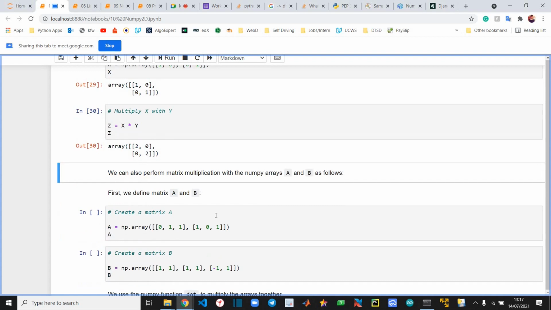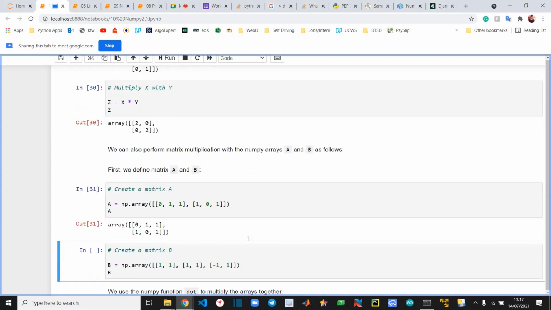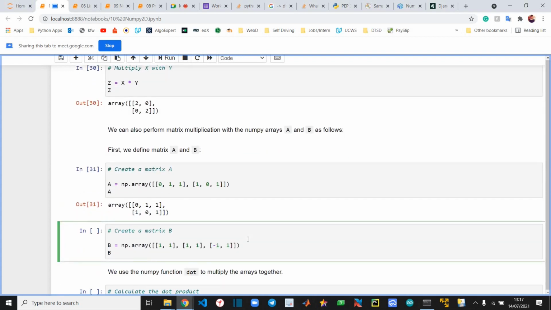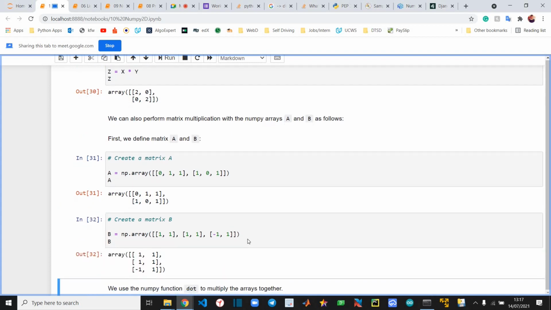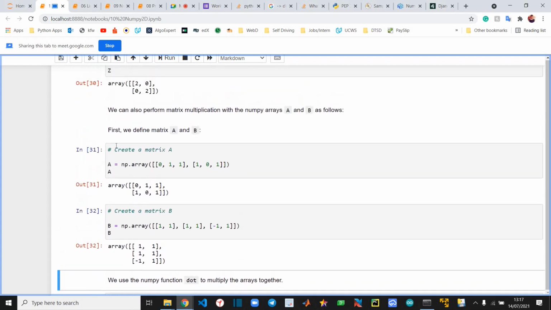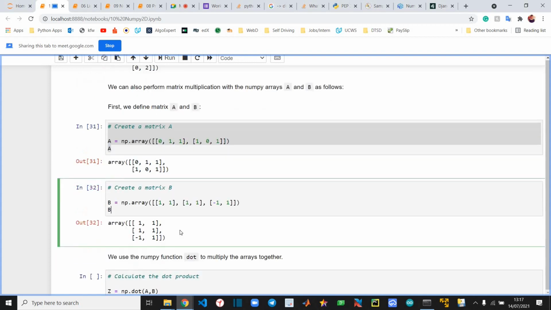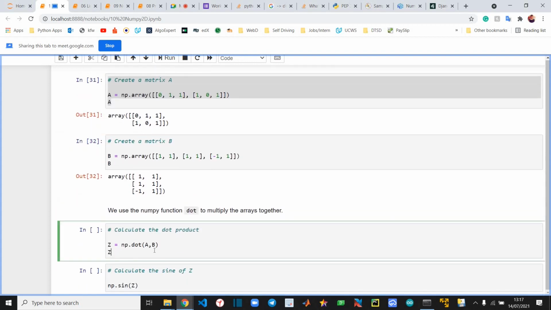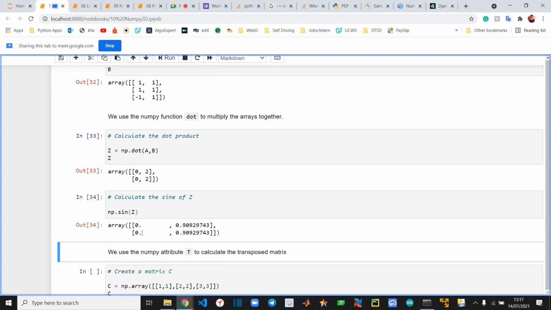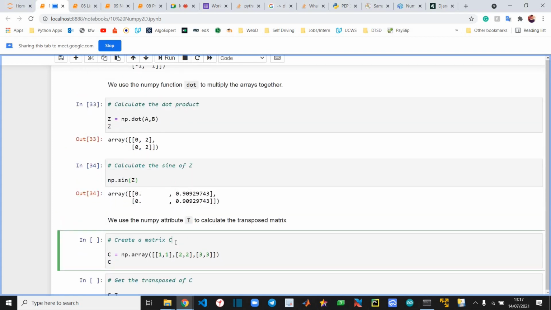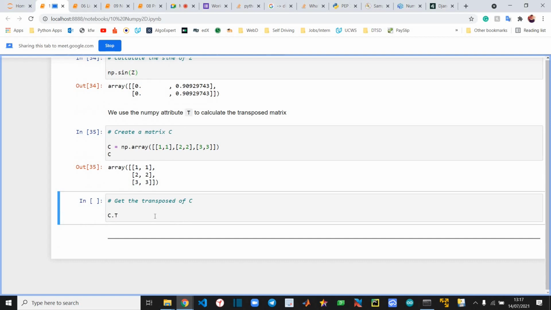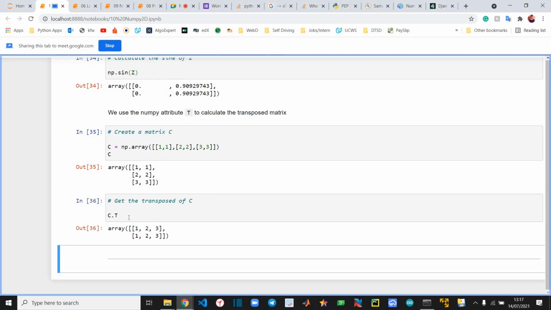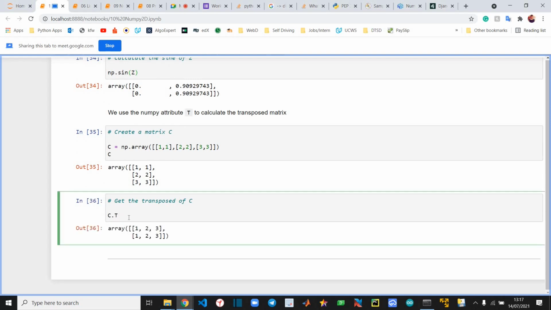This will come in handy if you are working with data. I have worked with a lot of data on MATLAB, and similar operations are very useful. You can take the dot product, you can take the sine of the whole matrix. You can create the 2 by 3 matrix here and then get the transpose. So this is it. These were all the matrix operations and these are in the notebook.